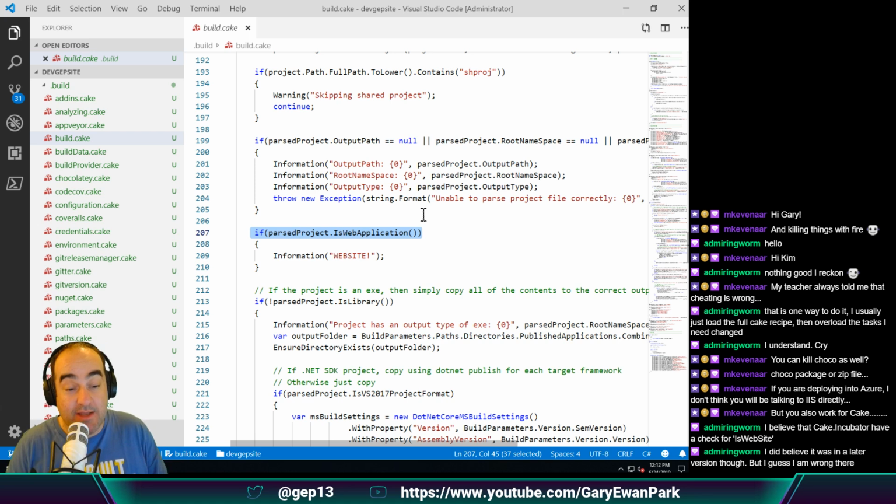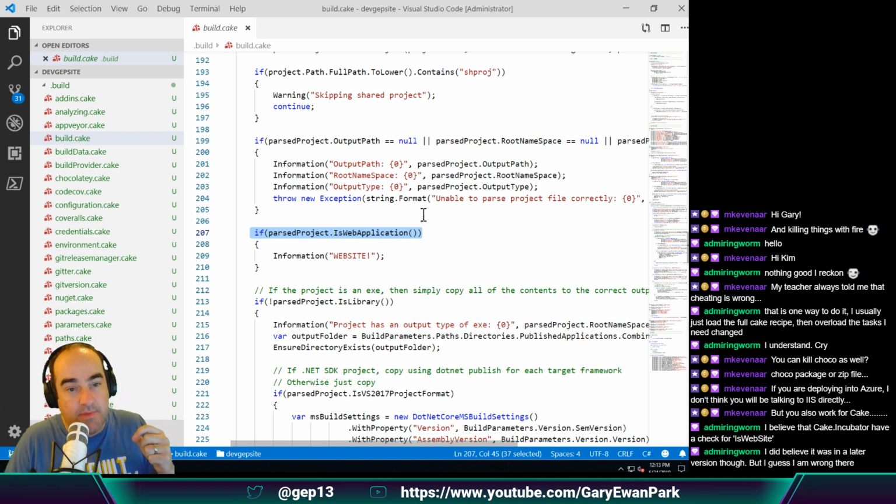But the idea behind Cake.Incubator was that the maintainer behind that project has created a bunch of helper methods that work with things like